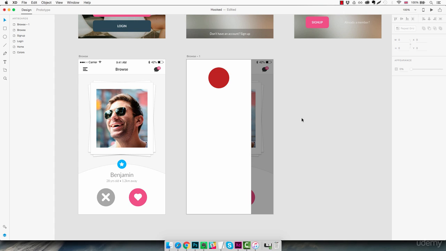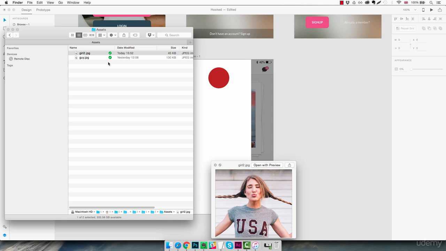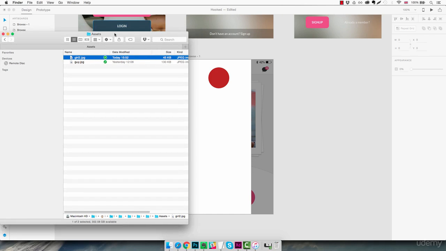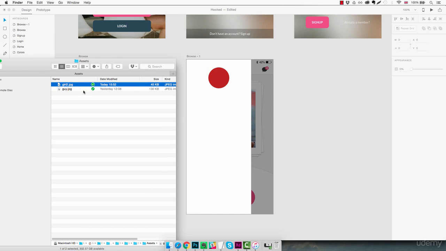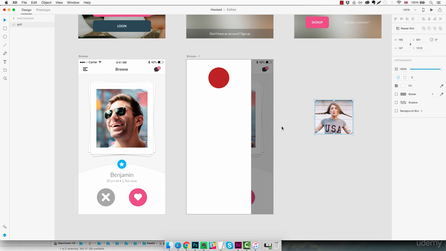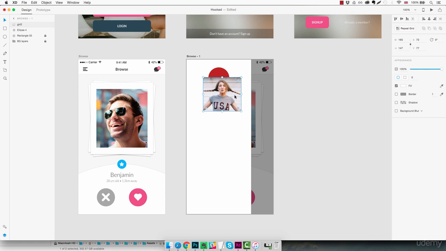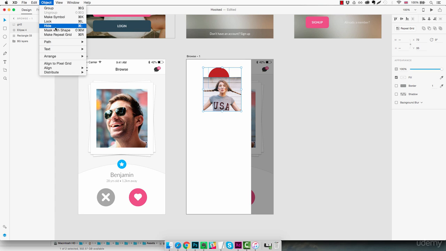Okay, so now we're gonna add a little picture here, which we already saved. We can find it in Finder, this picture here. This time I'm not just gonna drag it in the middle of the shape because I want to select the portion of the picture which is gonna be visible. So I'm just going to drag it somewhere outside of our artboard, like here. I'm gonna get this and drag it into our artboard, and then I'm gonna select this picture, and then with the Shift key I'm gonna select also the ellipse which is in the background, and then Object,